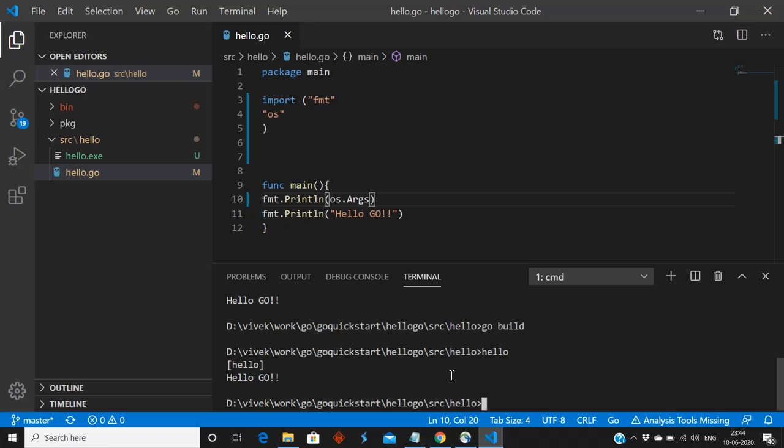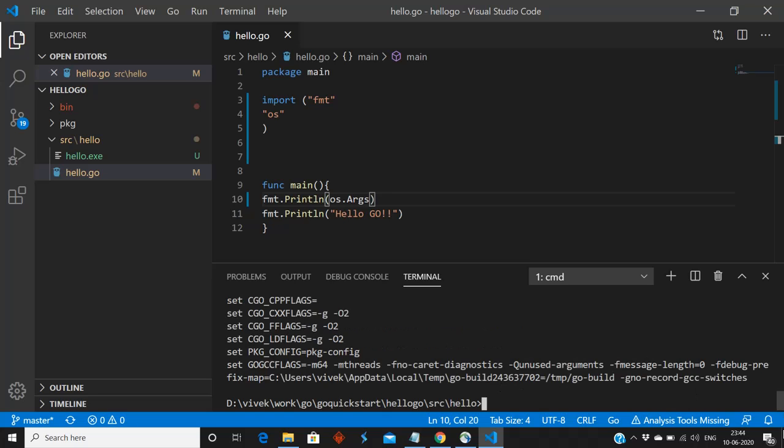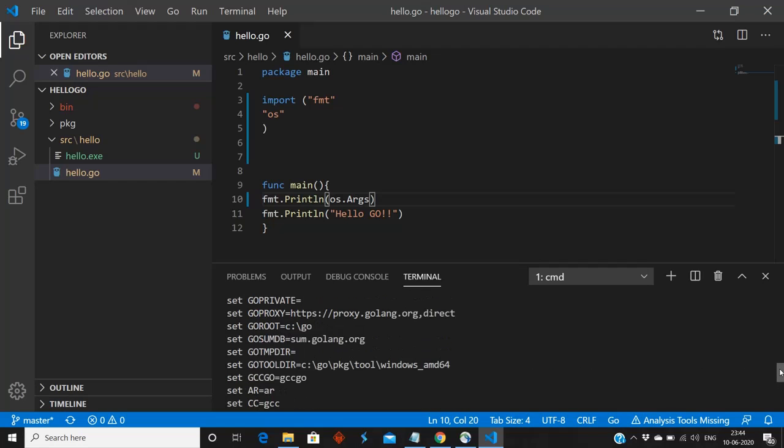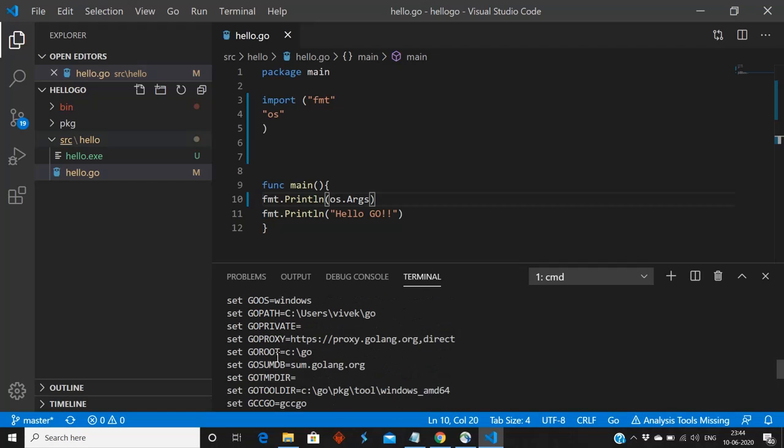We are going to understand the concept of GOPATH. So let me check the GOPATH. How can we check? go env. If I type go env, you will see GOPATH, see C:\Users\Vivek\go.